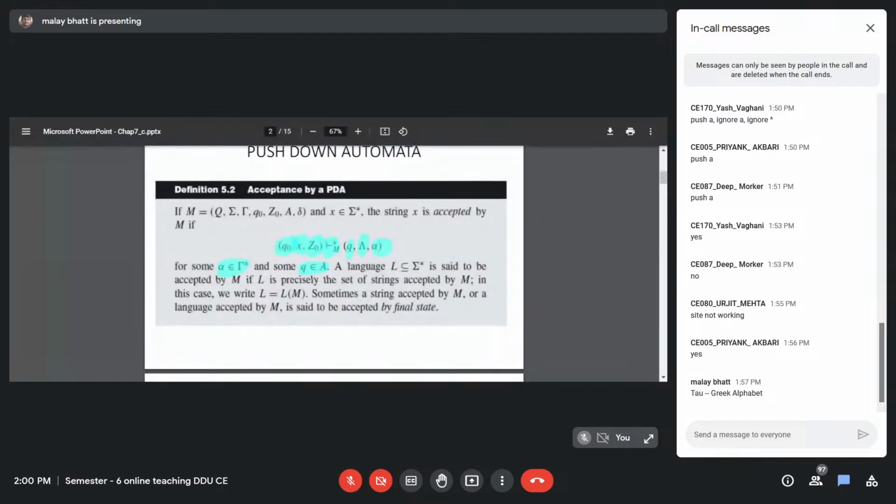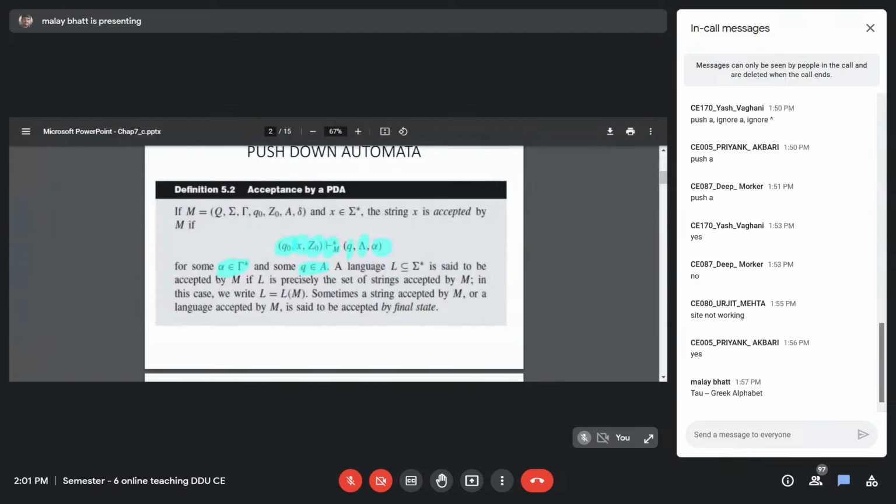Z0 is on the top of the stack, x is your input string which we want to verify, and Q0 is the starting state. And by applying 0 or more steps, because in some case it is already valid, like Q0 null Z0,